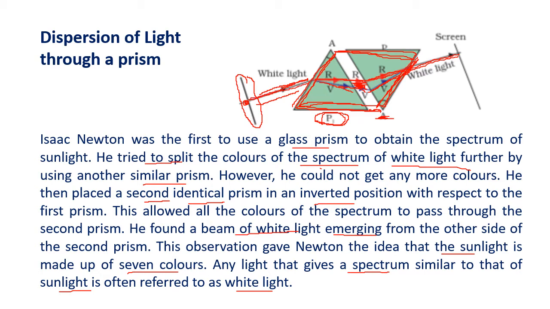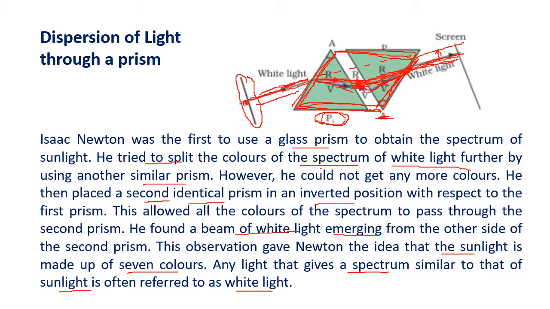If the light enters one side, splits up, but again merges together and we get the white light from the other side. So if you see here, this is the incident light, this is the emergent light, you can see the lateral shift, just like what happened in the glass slab. So the only point to remember here is white light or sunlight is made up of 7 different colors, but in air all of them pass with the same velocity. So all have got the same velocity, they will reach any place together and it gives us the perception of white.